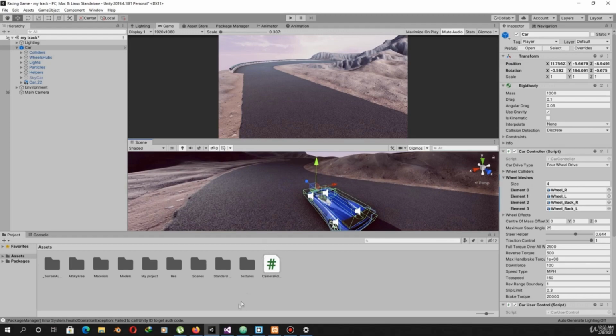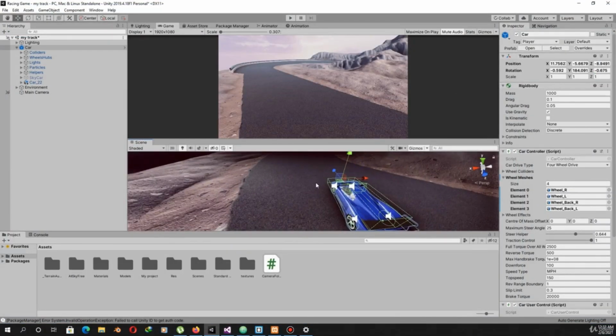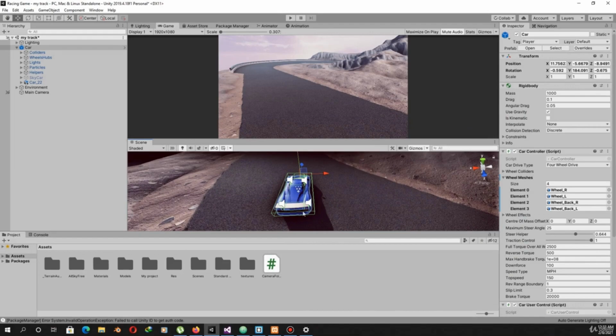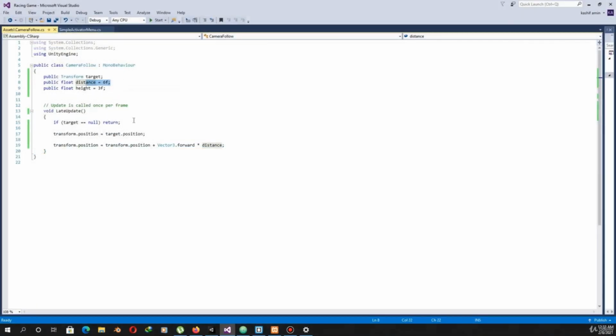So what we are saying in this script is, whatever the position of the camera is. For example, this is the position of the camera while we are running the game, and this is the forward axis. We want to move the camera away from the car by this distance, so we will add Vector3.forward multiplied by distance to the position of the camera.